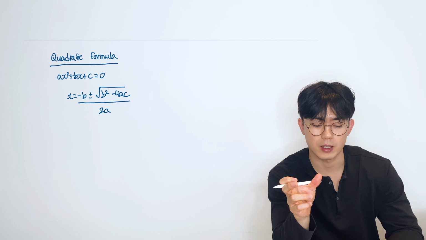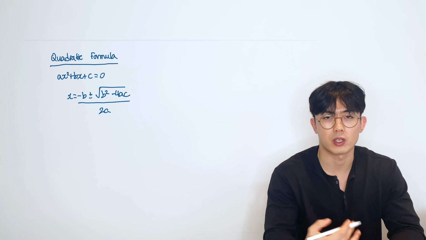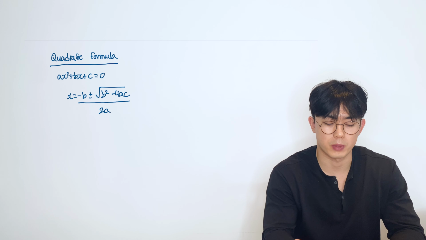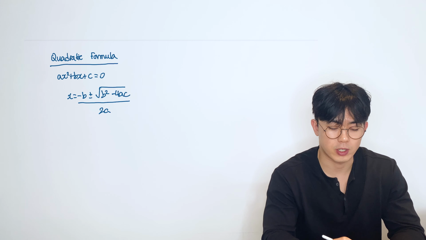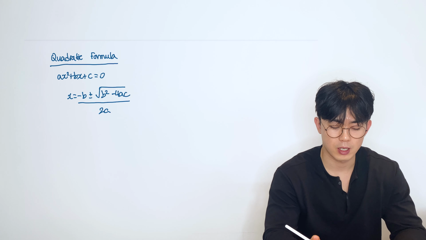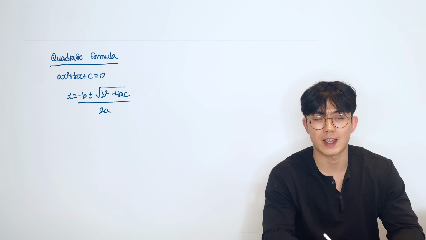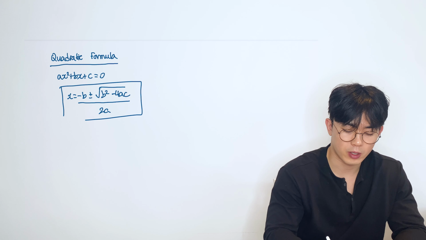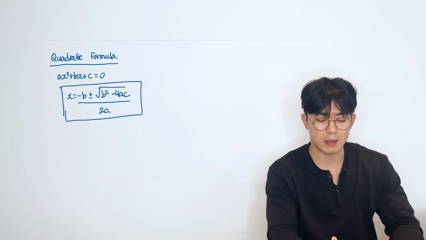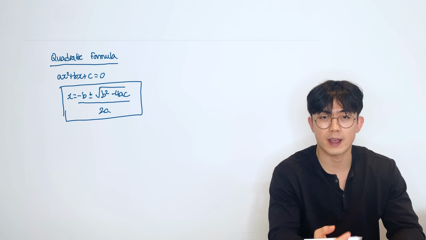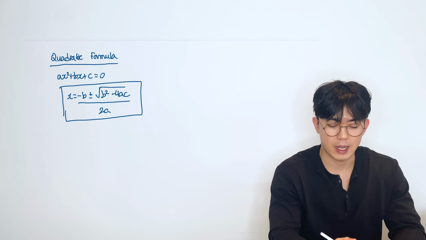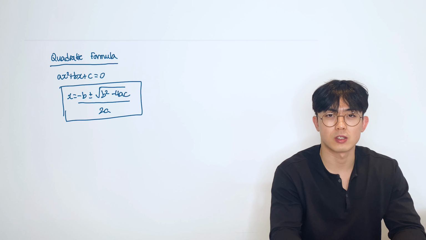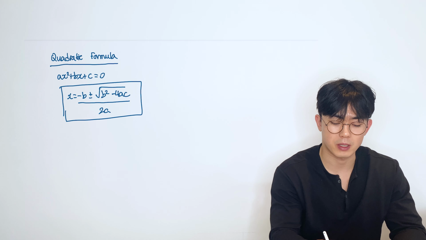So we can factorize it. But we can't factorize all quadratics. So in this case, we use the quadratic formula shown here. So this is used when we can't factorize a quadratic equation, okay? So you can see here, x is in terms of a, b, c. So a being the x squared coefficient, b being the x coefficient, and c being the number. And you just have to plug it into this equation. So it's not too difficult, it's just making sure you know what a, b, c are